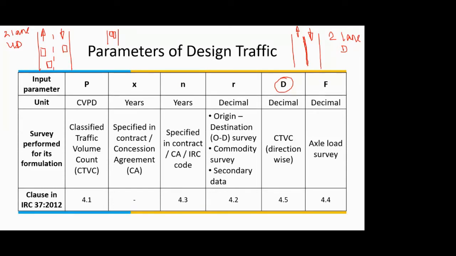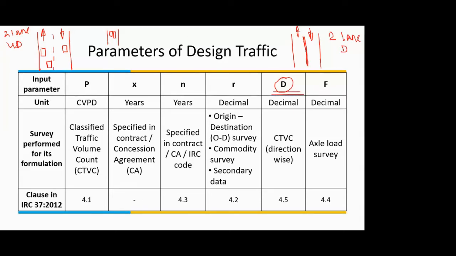So there will be a single line for upgoing vehicles, and a single line for downgoing vehicles. So in that case, the lateral movement of the vehicle will be restricted, as in the vehicle will only move in one direction. It will not go left or right, or try to overtake in that case. Okay. So that is what is meant by the lateral placement or the lane distribution. So that is where this factor comes into the picture, that is capital D, the lane distribution factor.